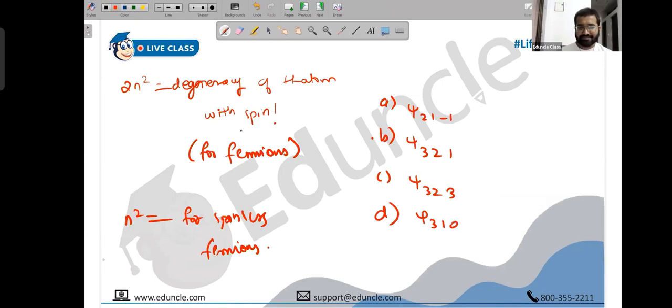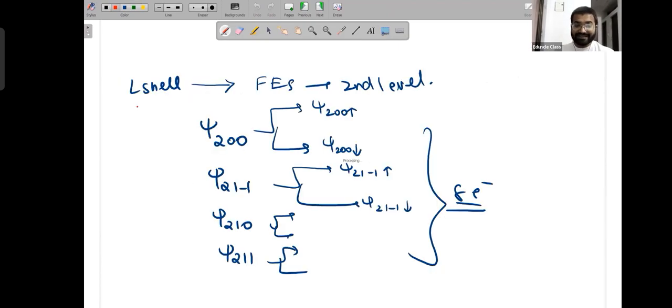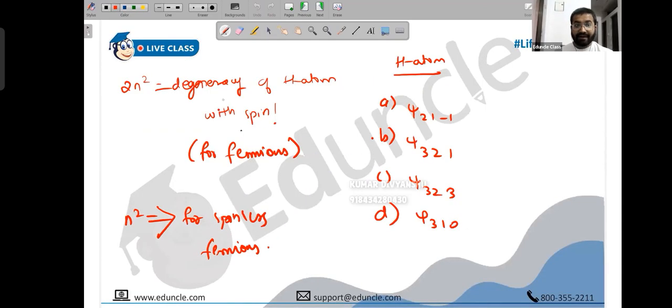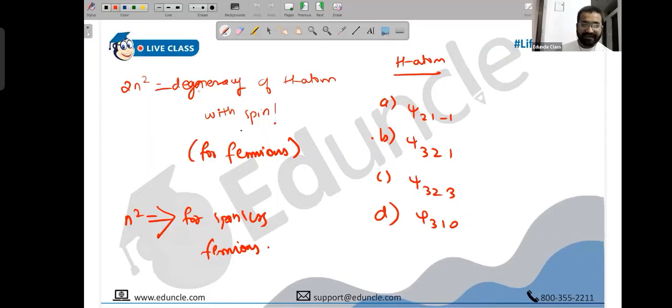Sir, for the hydrogen atom the degeneracy will be n square, no? No, this is with spin, we learned that it gets multiplied by 2, if you have spin up and spin down. Sir, that is for fermions, no? Yes, hydrogen atom means electrons, that means particles. Okay, so for a hydrogen atom, if you take fermions as particles, electrons are fermions basically. You will have 2n square. And if it is spinless fermions, then it will be n square. Clear now? Clear, sir.